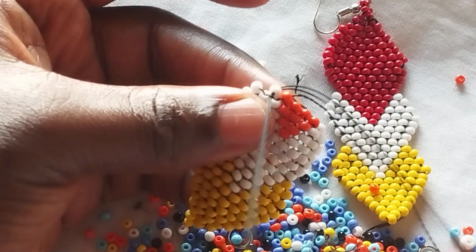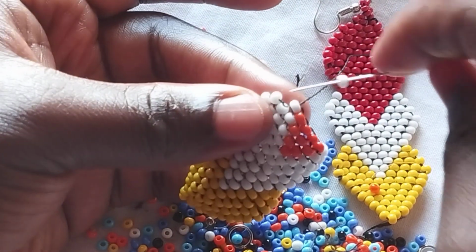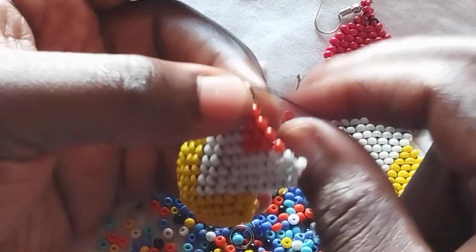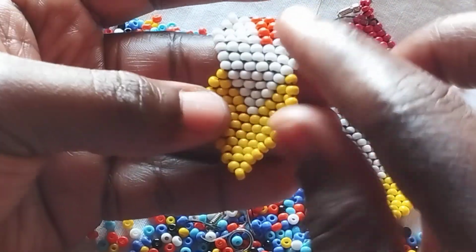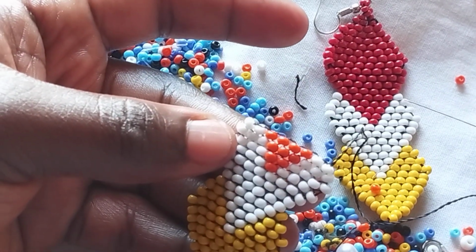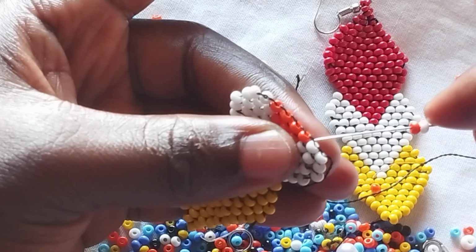So I'm going to add 2 white color. I'm not using the small beads because it is hard to work with the small beads. These are a bit large, medium. Let me say medium, not large. So guys, as you can see here, we are on this part. So I'm going to add 1 white and 1 orange, and then I'll insert my needle on the next loop,